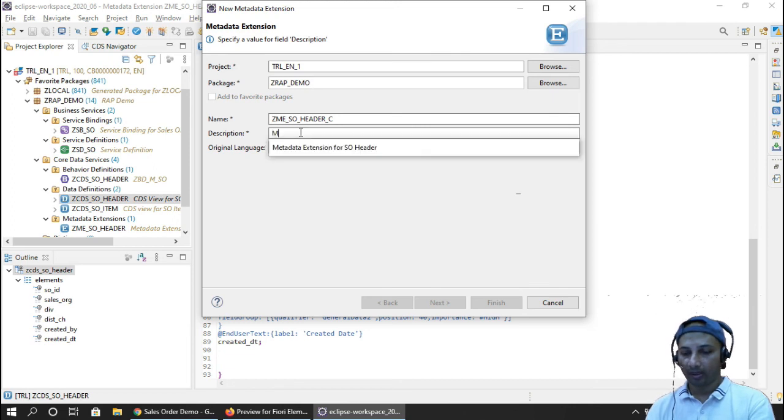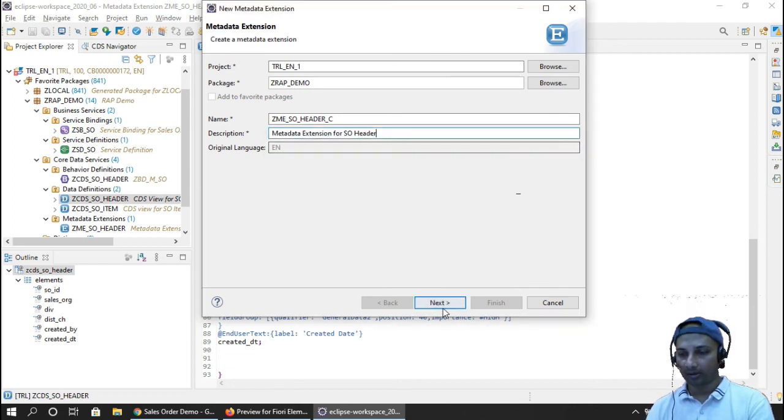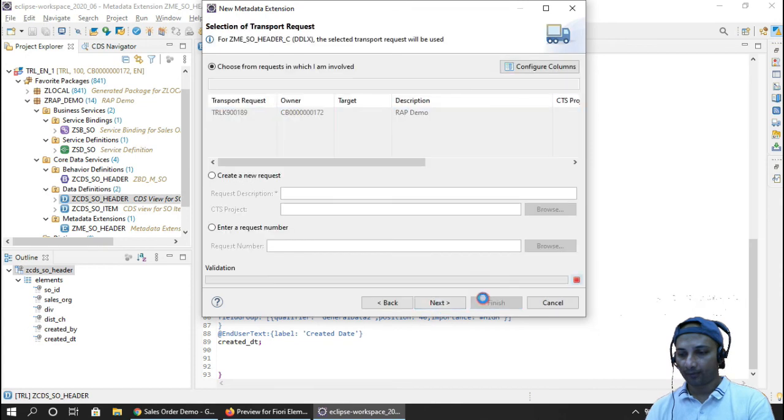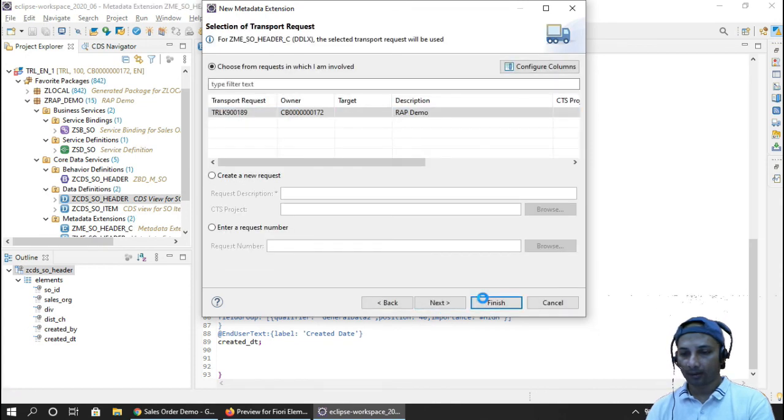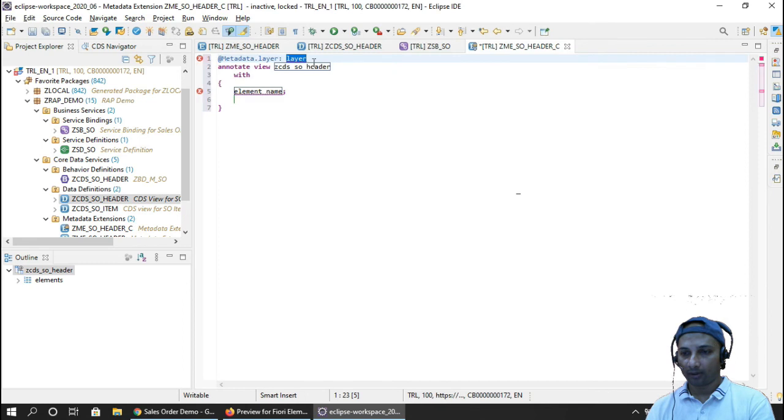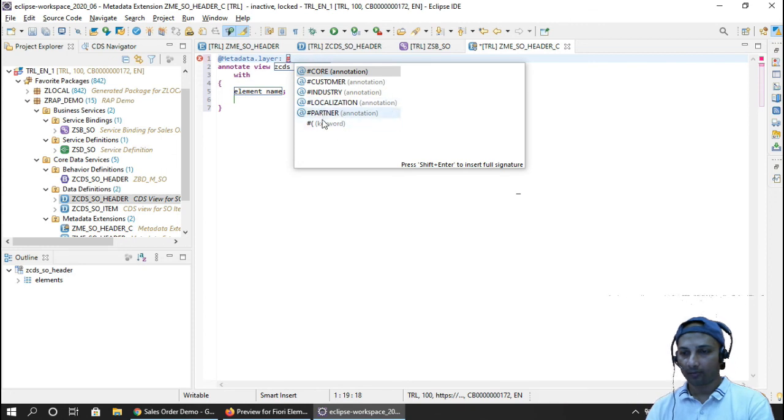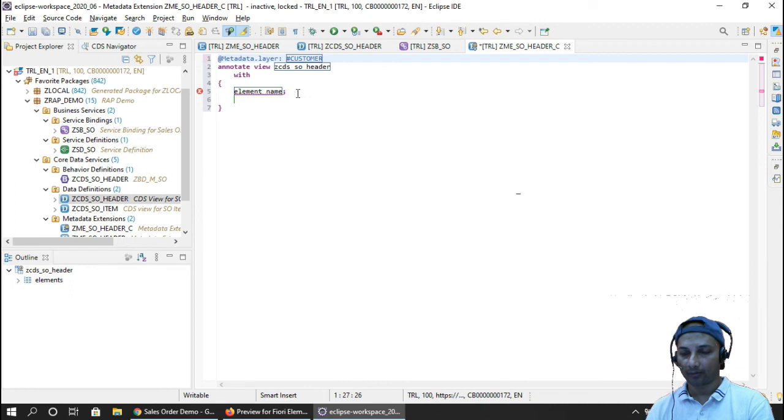Again, I'm just giving a description, finish. Now for the layer, you can anticipate, we'll put customer because that will take more priority than partner, right? That is, as I told before.